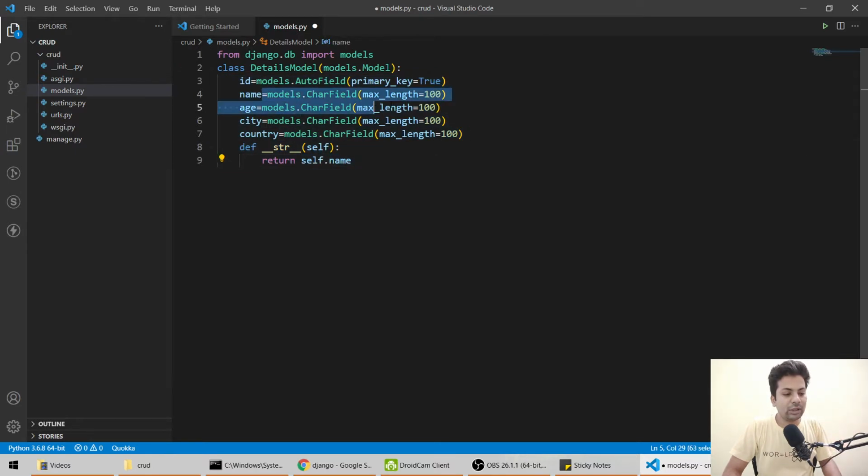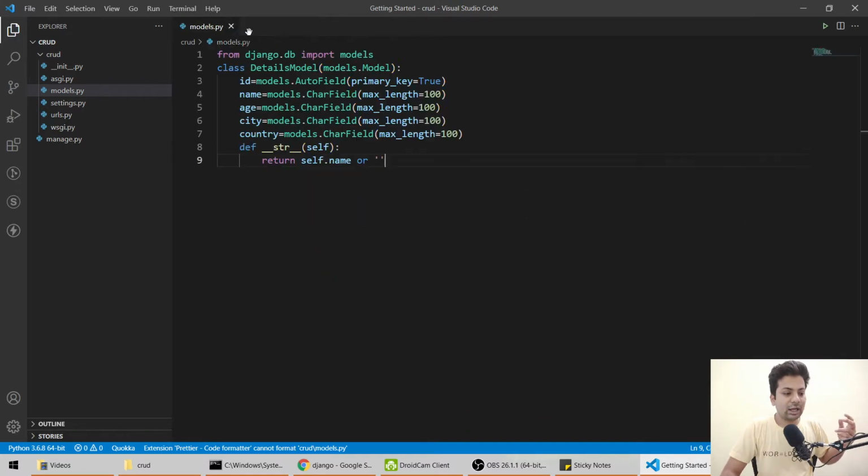Whatever his name will be, it will appear like this. If you don't write these lines, it will also work, but it will be returned as an object. So it's better to show the name instead of an object. Okay, let's save it and check whether our models are ready.